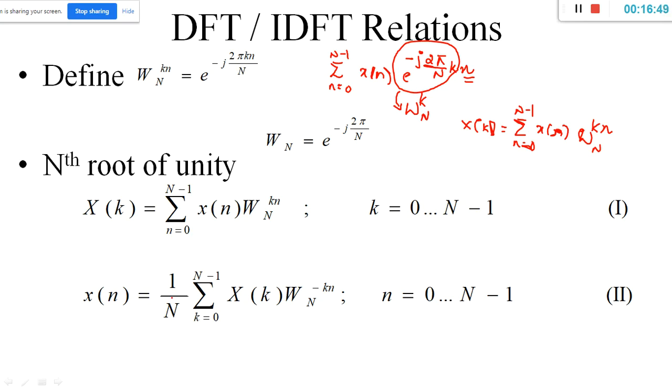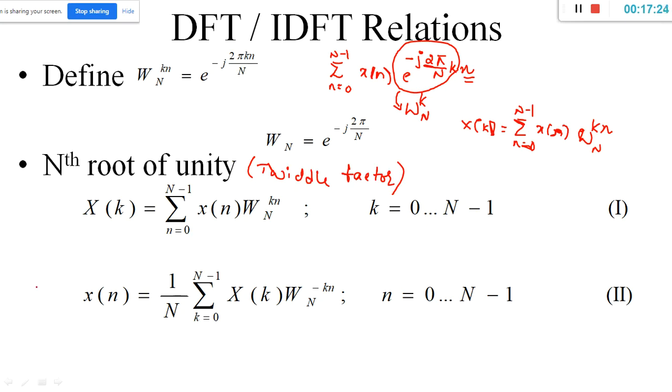Okay. For our simplification, we try to once again simplify my DFT equation with replacing e to the power of minus j 2 pi by N with W_N, and this is called the Nth root of unity. Why it is called the Nth root of unity I will tell you, but this is also called the twiddle factor.